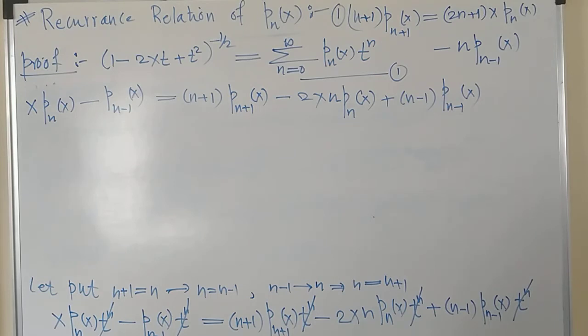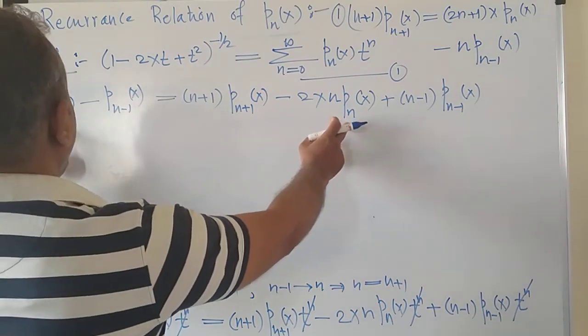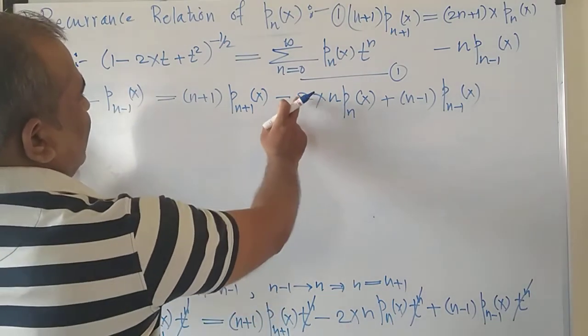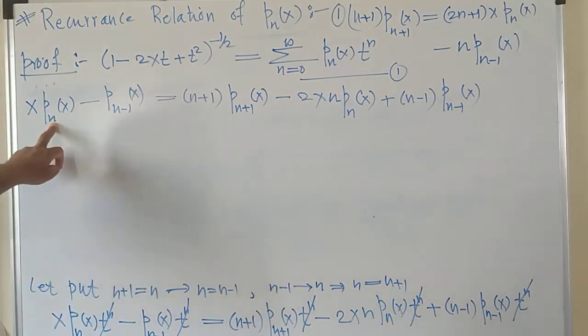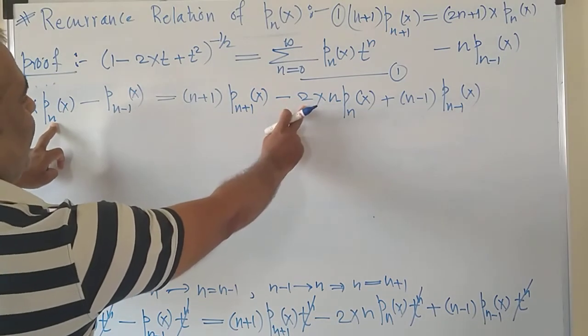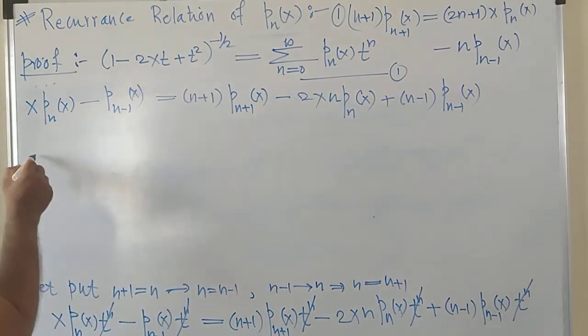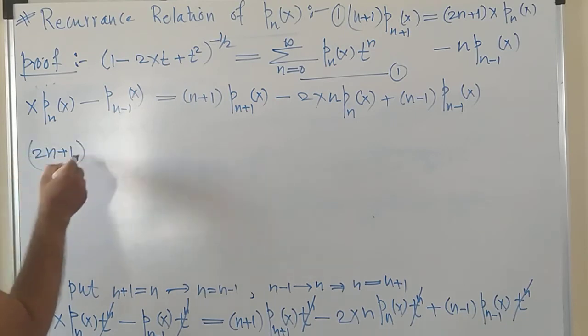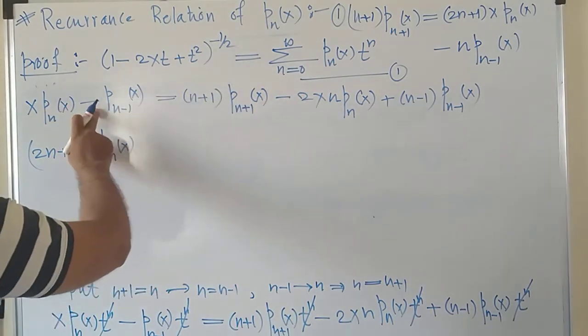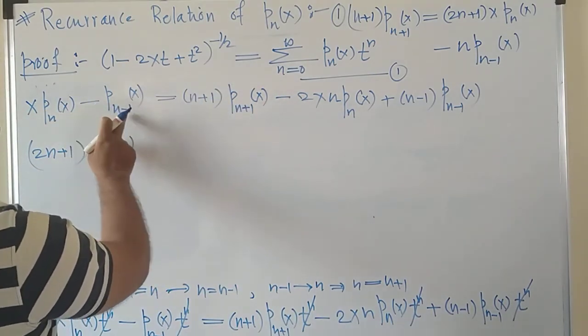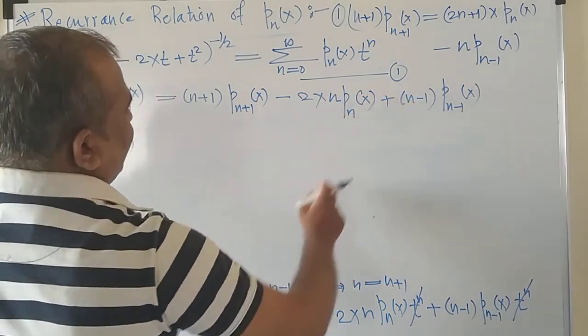Right? Once you get this, now club the common Legendre polynomials, that means Pn of x and Pn of x. You can club these two. If you shift this on the other side, this term will be positive and x can be taken out common. So x into Pn of x can be taken out common, and inside the bracket you will be left with 2n plus 1. So I will write immediately 2n plus 1 times x into Pn of x. Now this is shifted on the other side, Pn of x. Similarly Pn minus 1, and here you are having Pn minus 1.